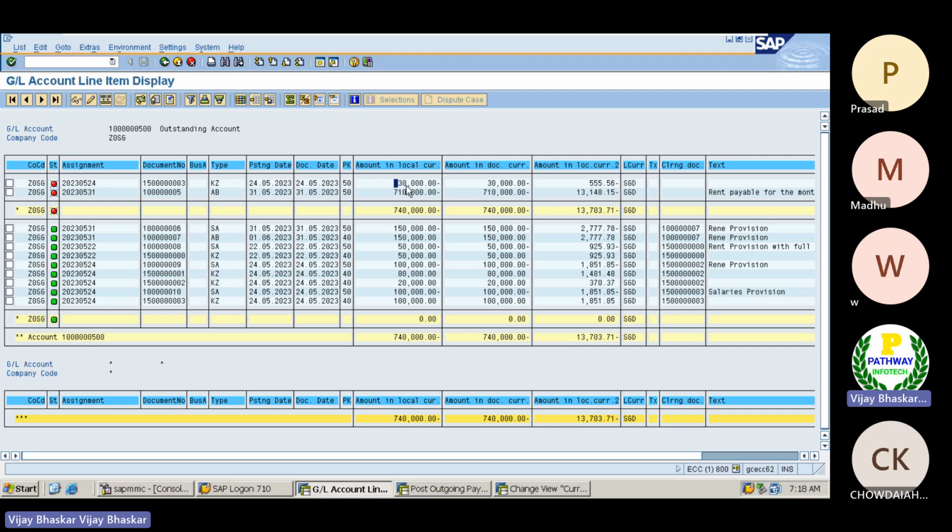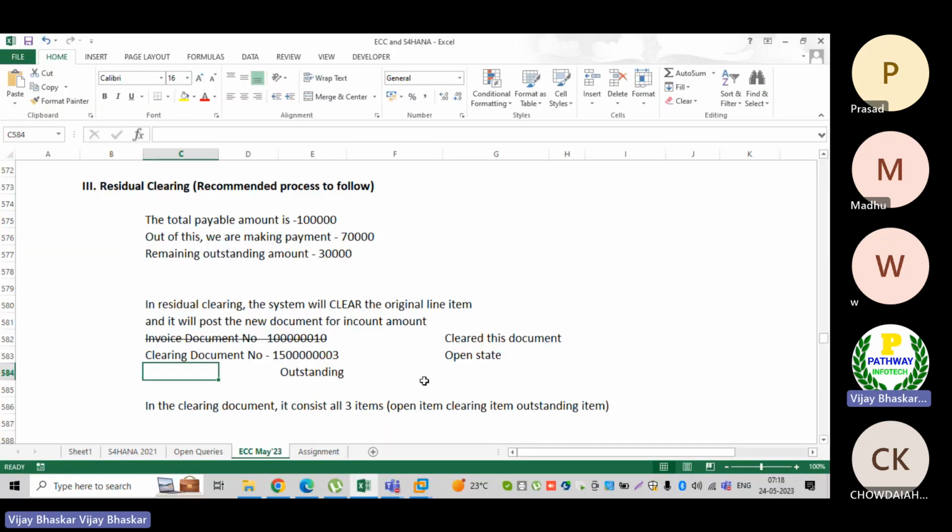If they come back and see, this is the only line item which is pending, to make the payment. Remember. Now, is it clear? The residual clearing option. This is what I wanted to show in practical.